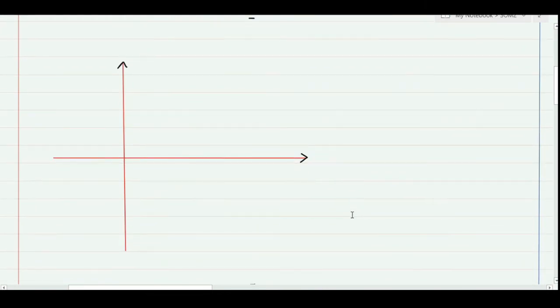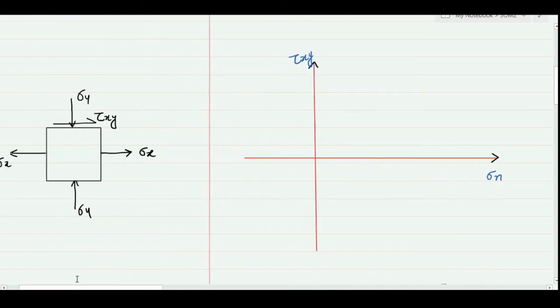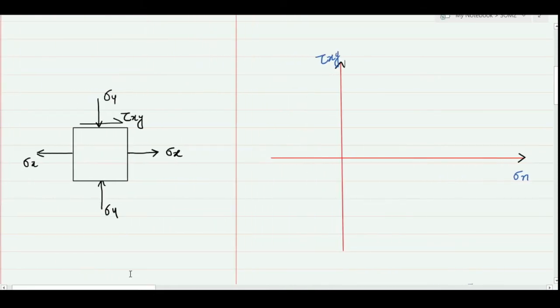So Mohr circle is created on two orthogonal axes. One axis represents the normal stresses and the other axis represents the shear stresses. For example, for a general transformation of stress problem, we have a stress element. On this stress element, we have two normal stresses, let's say sigma x and sigma y, as well as a shear stress. So for making the Mohr circle, these two normal stresses are plotted on the normal stress axis.